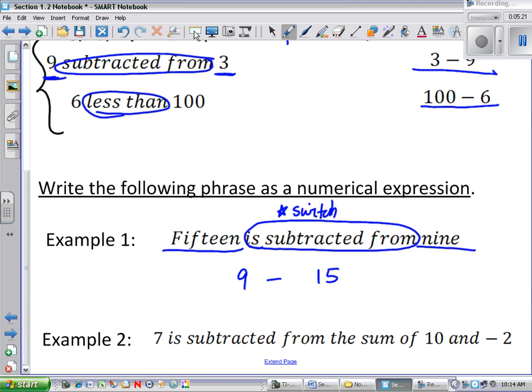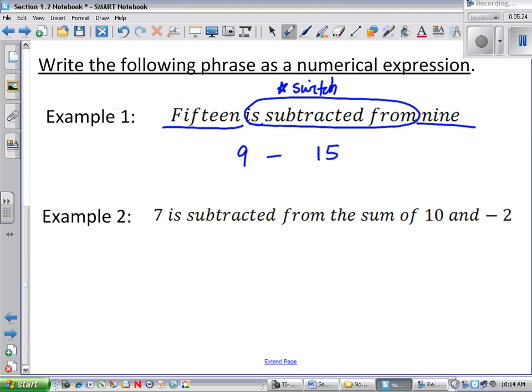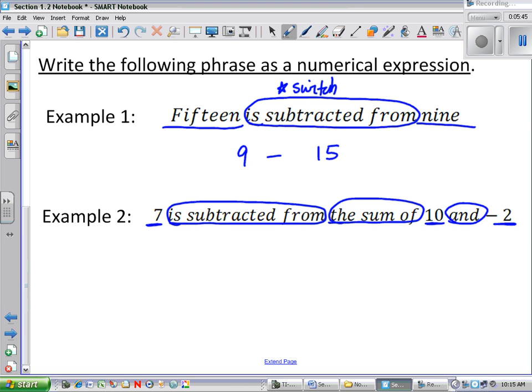If we look at example 2, it says 7 is subtracted from the sum of 10 and negative 2. I have 7, 10, and negative 2 as my numbers. And my phrase is subtracted from, the sum of, and. Remember, the sum of and go together. Is subtracted from tells me that I want to do a subtraction, but I also want to switch the